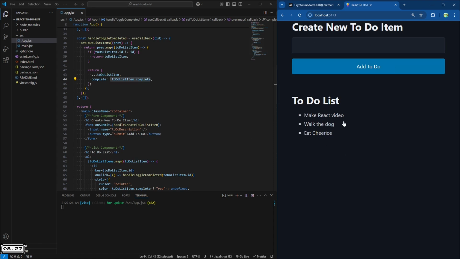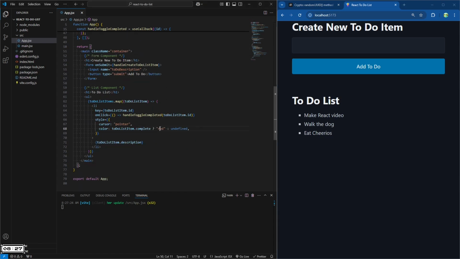So we can add items. We can toggle the completion of individual items. I'm going to put this back to gray. And is there anything I was missing in terms of what I said I would walk you through on this? Componentization. I've called these components, but that's just because they're chunks of HTML. Let's go ahead and turn them into actual components so that we do